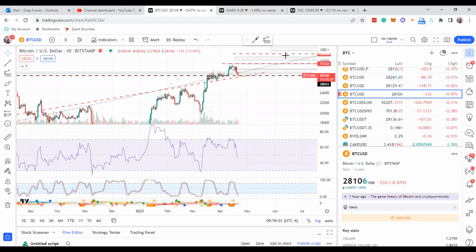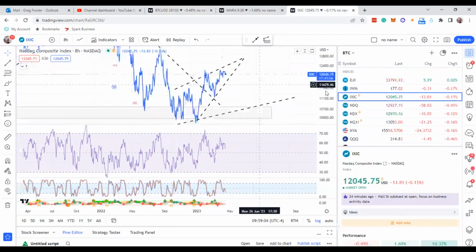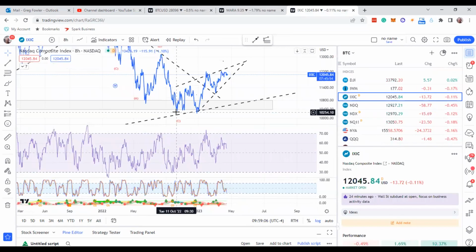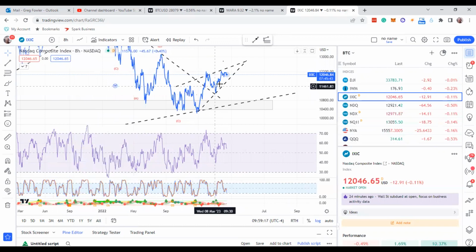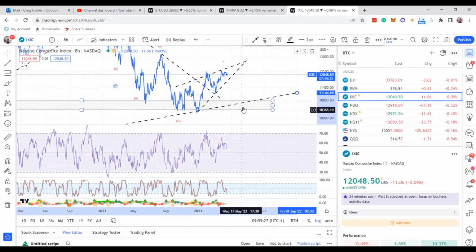Pay attention to this too with the NASDAQ. So the NASDAQ, look, it's been in this since October of '22, and it's still going on. It's just really grinding up. I'd like to see it break that. Let me check the candles. So the candles still haven't even broken it yet. See it break that, and then what kind of correction is it going to have over here? Okay. You could have a significant correction on the NASDAQ, come back down to these areas, all the way back down to this, even these areas, guys.